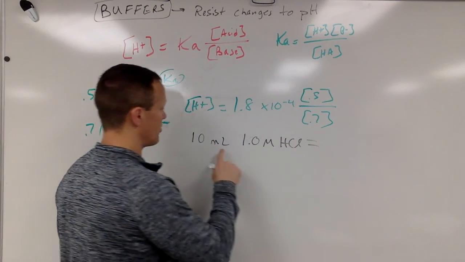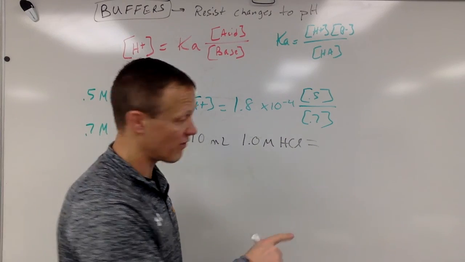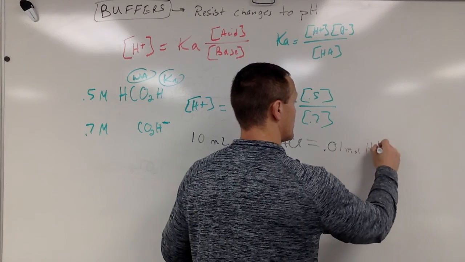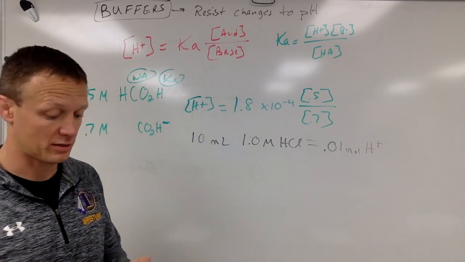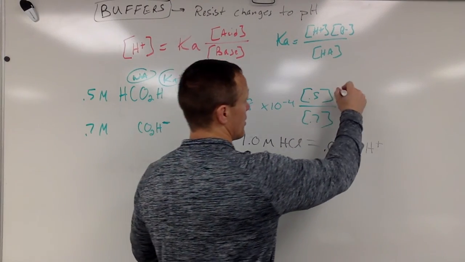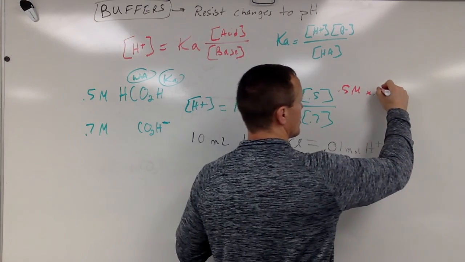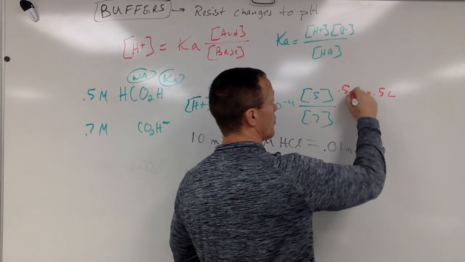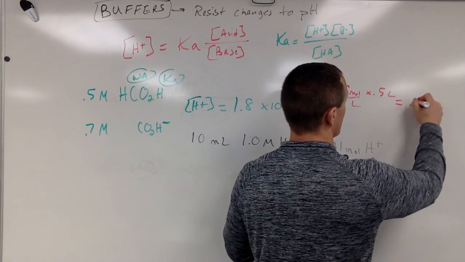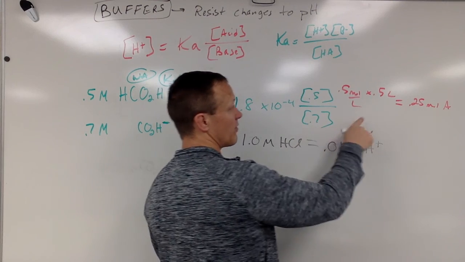Our moles of HCl would be 0.01 liters times 1. So they're adding 0.01 moles of HCl, or 0.01 moles of H plus ions. Again, our initial amounts would have been 0.5 molar times 0.5 liters. In other words, 0.5 moles per liter times 0.5 liters equals 0.25 moles of the acid. 0.7 times 0.5, 0.35